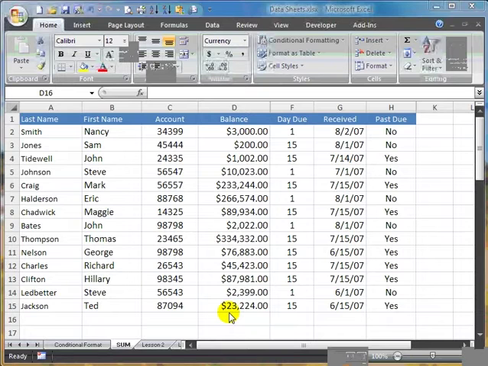Okay, we're going to start with a regular spreadsheet. Not a lot of data on it. We've got some standard data with standard headings: last name, first name, account, which would be their account number, balance, day due, received, and whether the account is past due or not. So what we need to do on this particular lesson is to show you how to sum up the entire